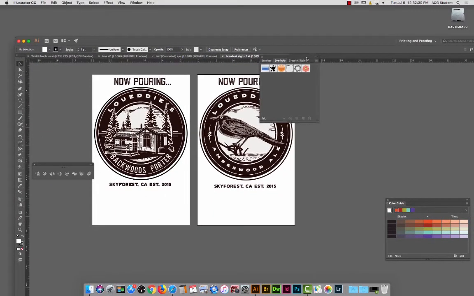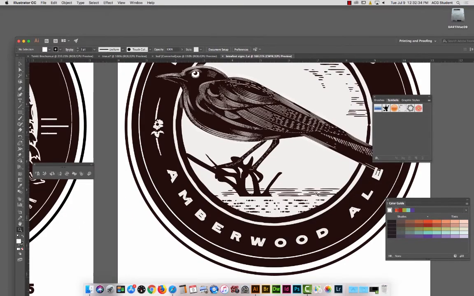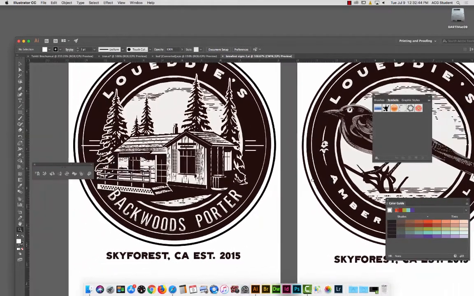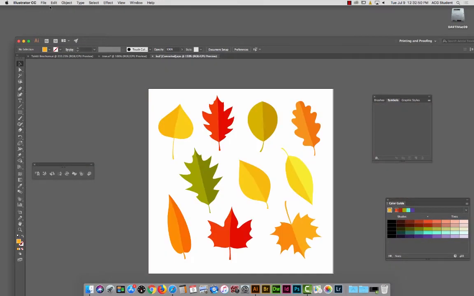So in order for me to get this sort of etched look on this bird here, I'm using custom brushes. I'm going to give you those brushes. I'll put them on all these up here. And all you have to do with these, let's open up a new window,